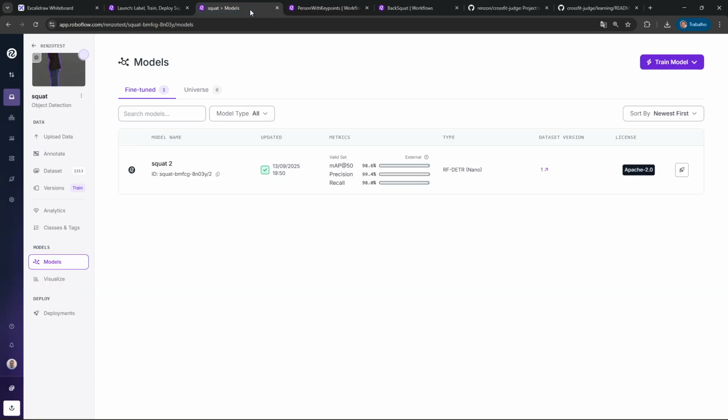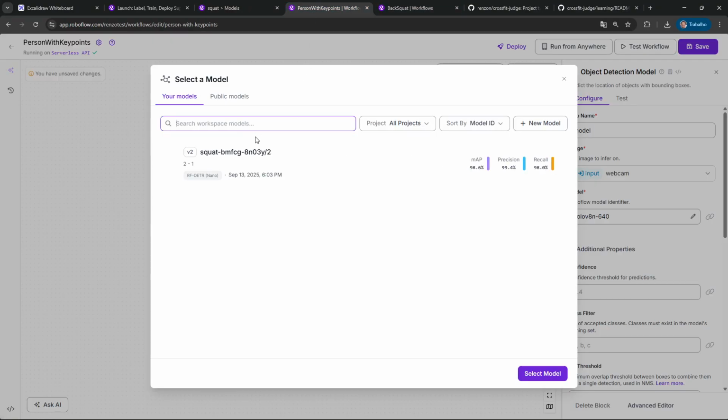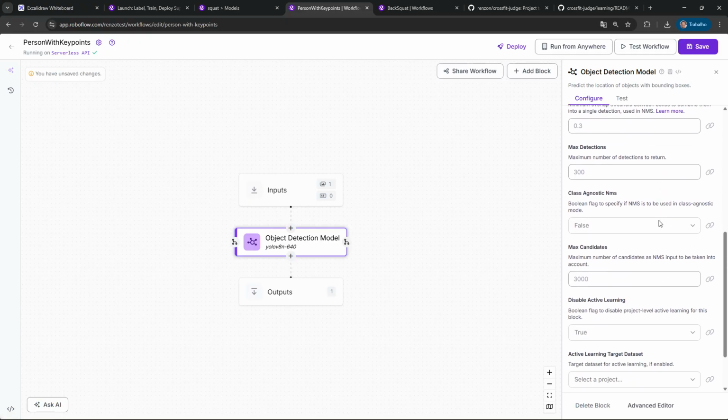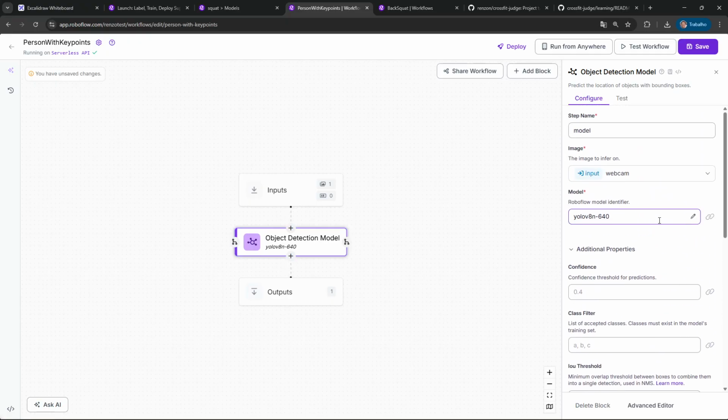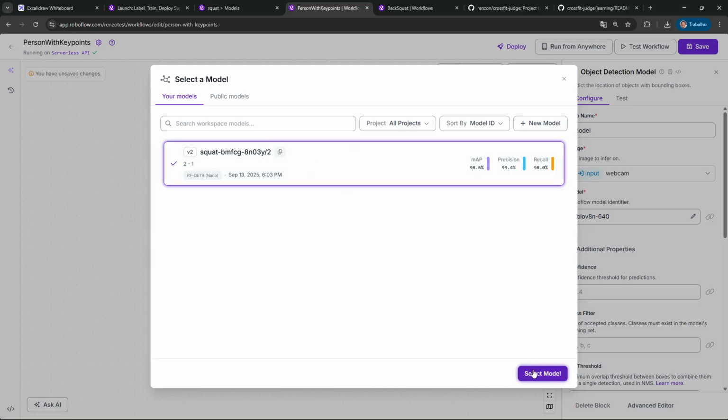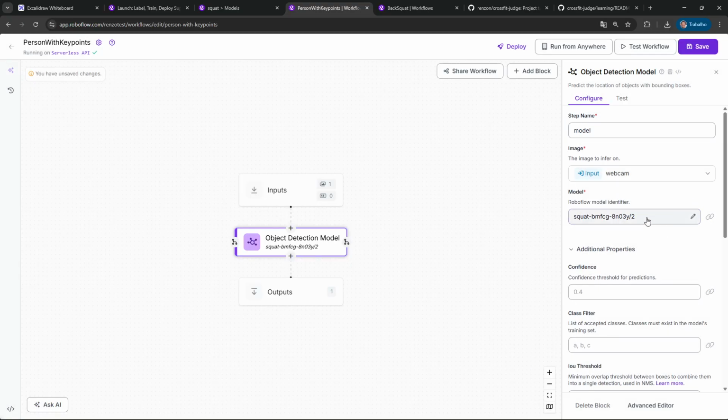This one, let me show you, is exactly this one. You can copy the ID of the model that I have trained in here, so you can paste and select this model. So right now it's going to be an object detection, but it's going to use the data set for the squat that I have just presented to you. Select model, yeah, so now it's here.